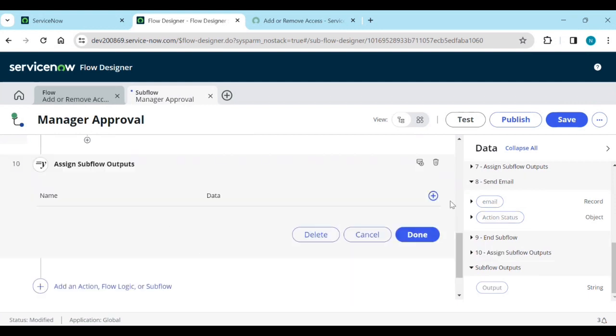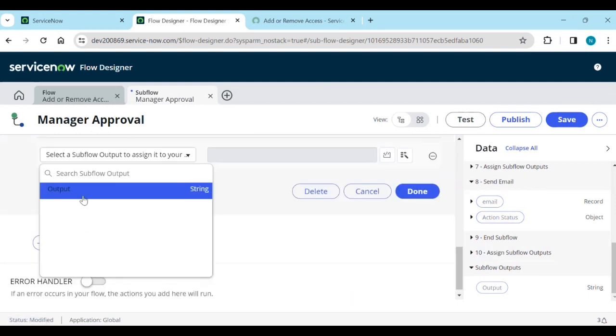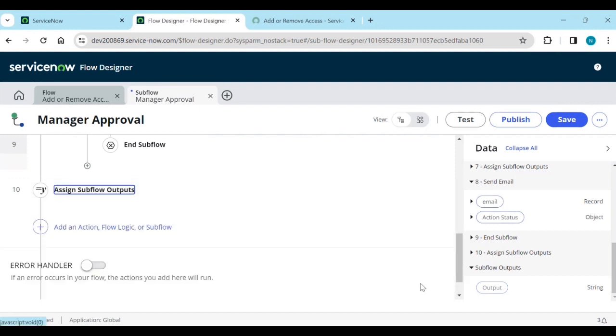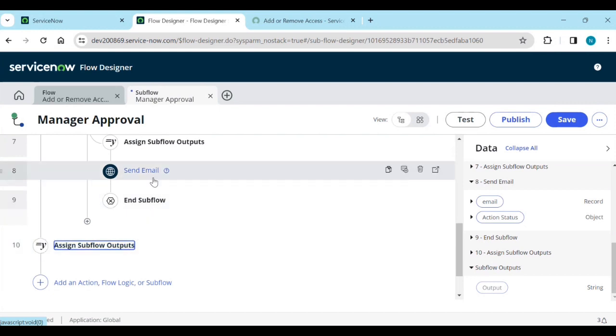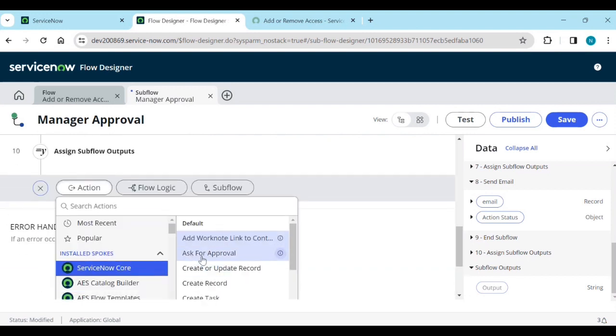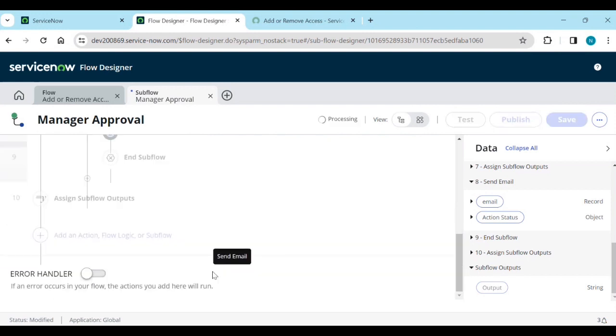Subflow output, manager is empty. Okay, and done. And also send an email. Okay, send an email action, send email,